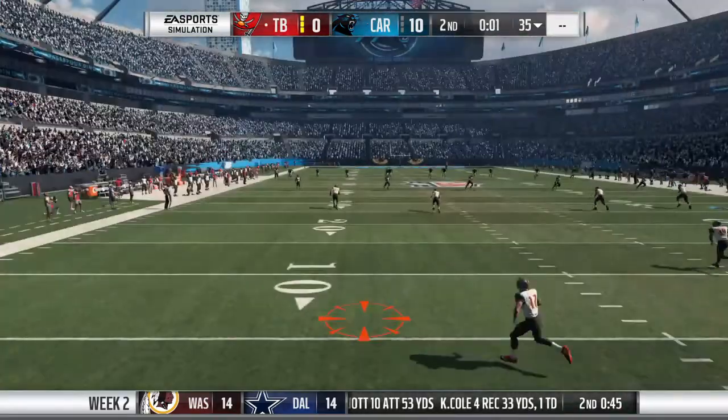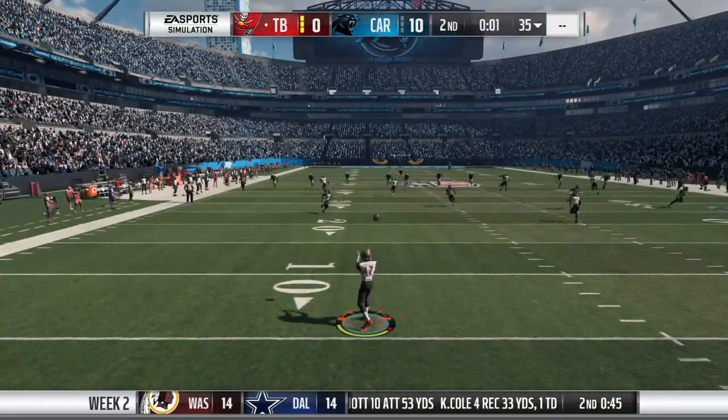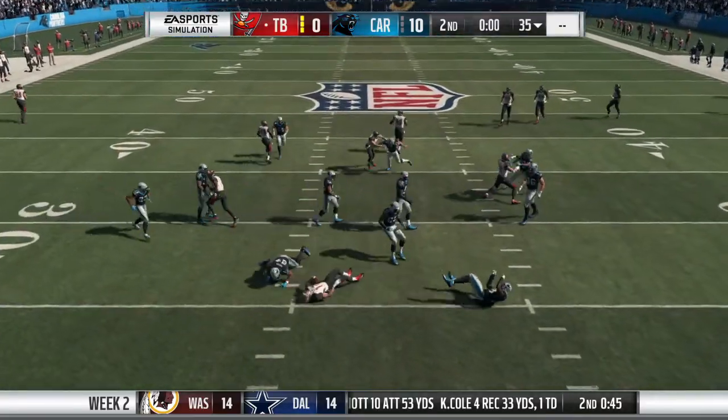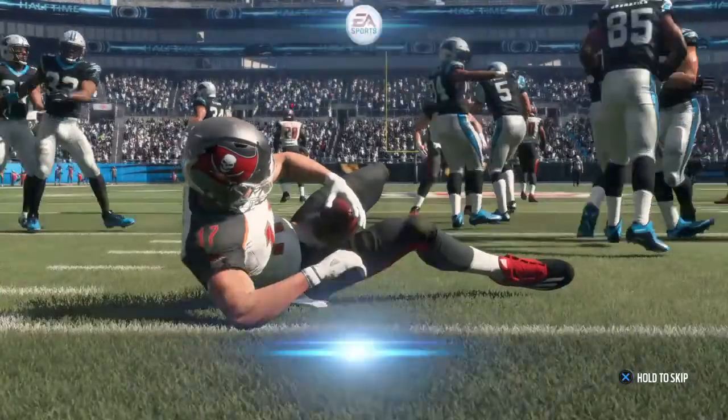Excellent way to end the drive, go into the locker room with a little bit of extra momentum after adding 3 to their total. This one taken from the 7. So it's halftime here in...